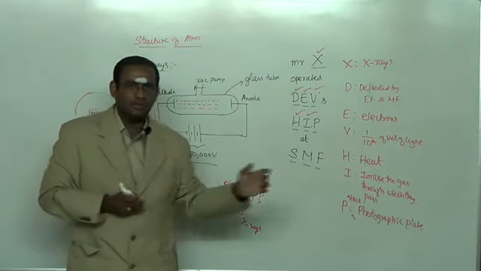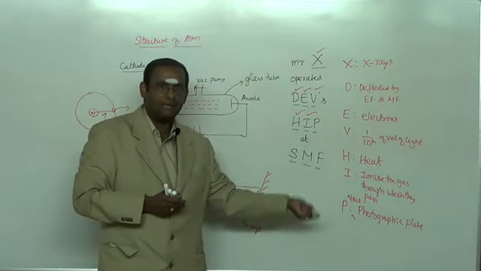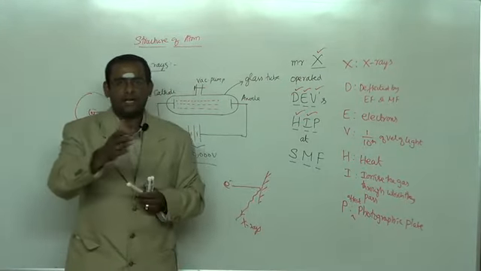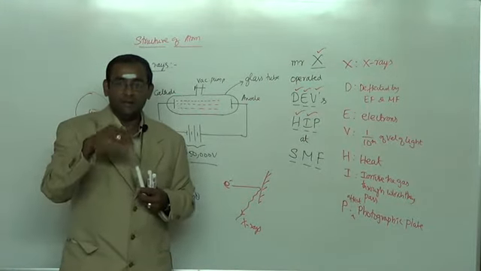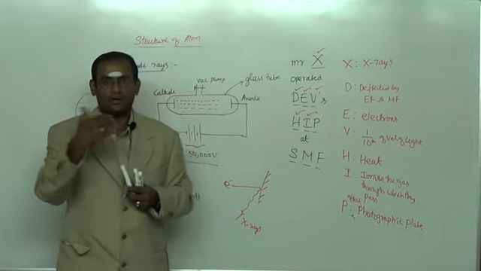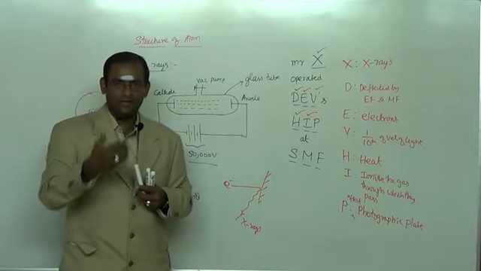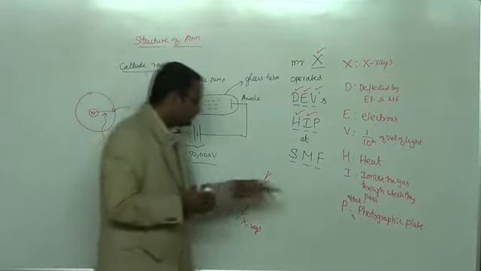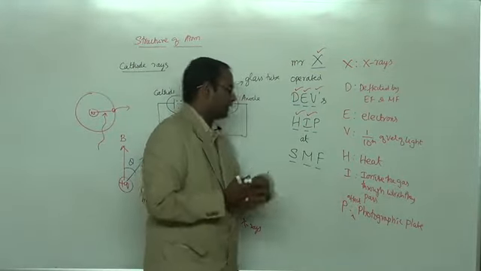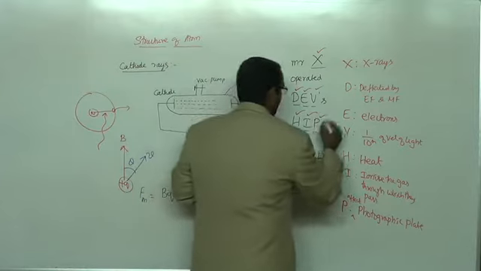Children, don't worry about the chemistry of what is happening inside the photographic plate. There are a lot of chemicals coated in the photographic plate, and you will study all those reactions in detail during your course of organic chemistry and inorganic chemistry. Therefore, they affect the photographic plate. That is, P is over.